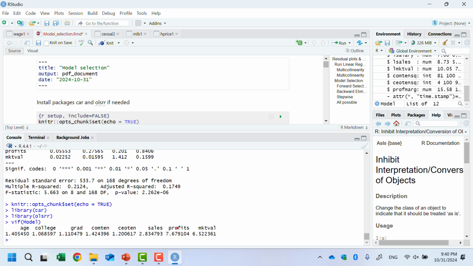We don't know which other variable is related to profit, but this 7.67 means profit has a high correlation with some others, maybe not only one, maybe three other variables together. It doesn't tell you which one, but clearly profit has a high correlation with the other variables, and market value also has a high correlation. So if there is no other reason, you can drop profit and market value here.